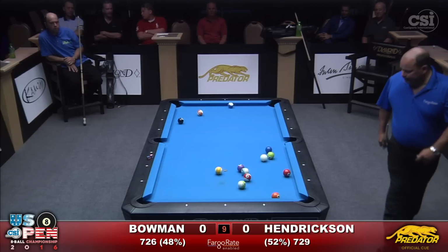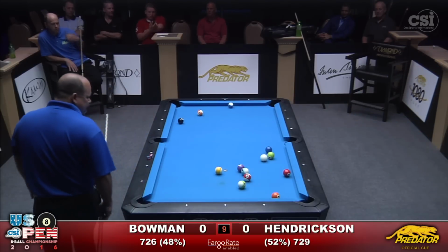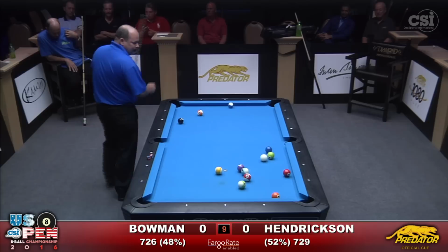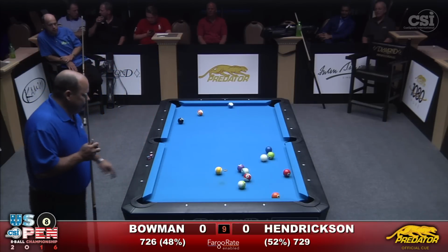I wonder if he'll shoot the 4 right now. I think so. He's got the perfect angle on it. It would probably be best to shoot the 4 now. But he is as